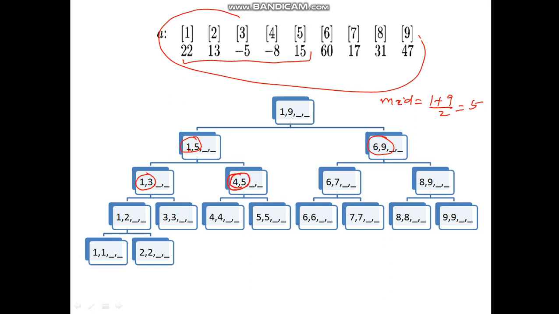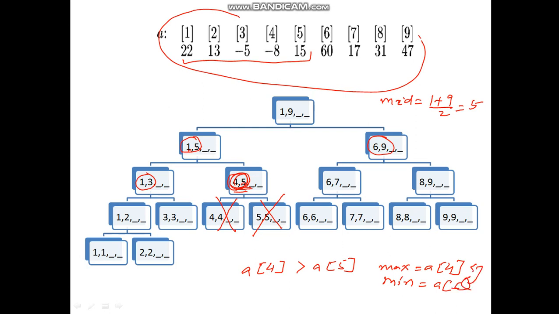Over here, 4 to 5, you will find that there are only 2 elements. So this expansion is not necessary here. Even though I have tried to expand it, it is not necessary. What you can do is make the comparison whether a of 4 is greater than a of 5. If it is true, then max is equal to a of 4 and min is equal to a of 5. Otherwise, you can reverse it.